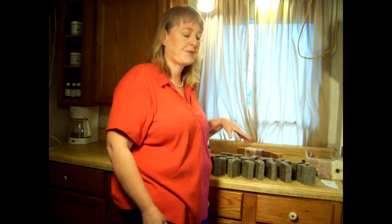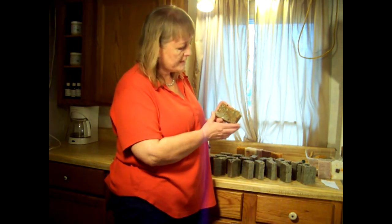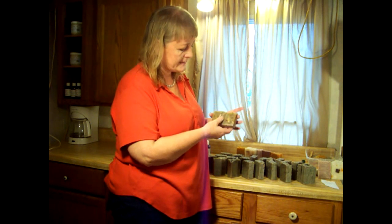If you're shipping in hot weather, I recommend that you give it a couple more days, because the heat of summer is hard on soap anyway, especially when it's packaged up in airtight containers and plastic and things of that sort. But anyway, now I wanted to show you, this is the pot swirl that I did, and I'm sure